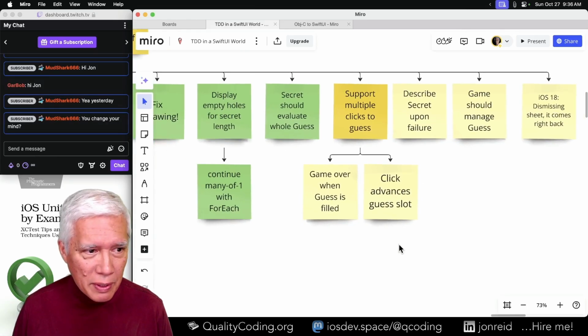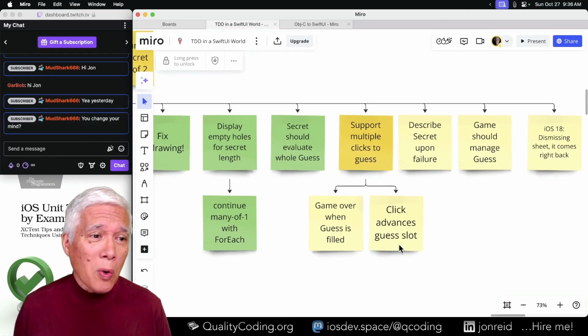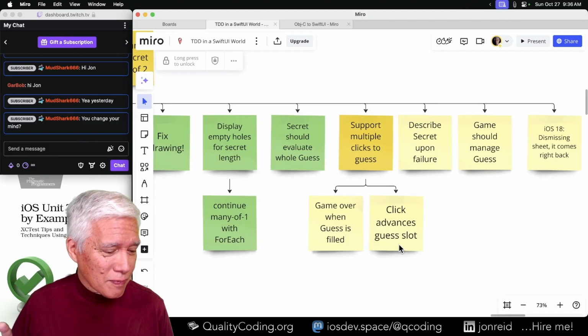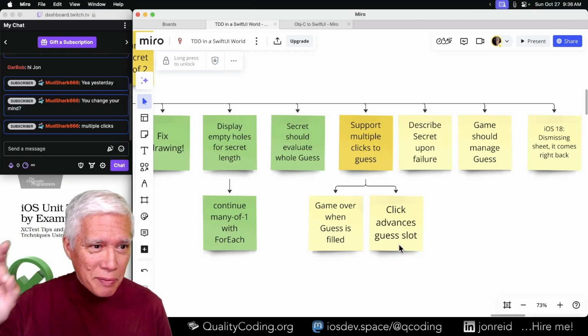Some other things about this. Change your mind about, oh, no, not yet. I think you mean like, when are we going to add the button to submit the guess?